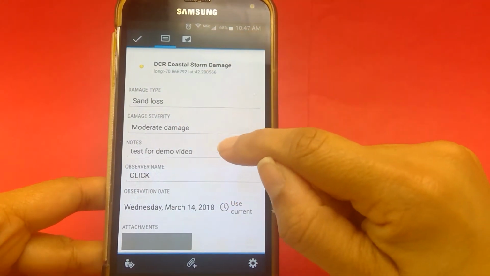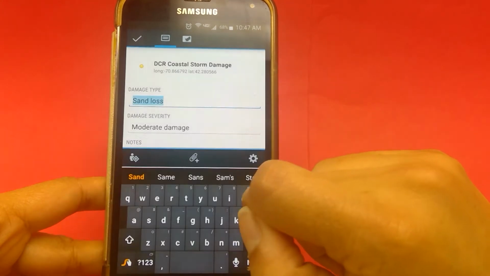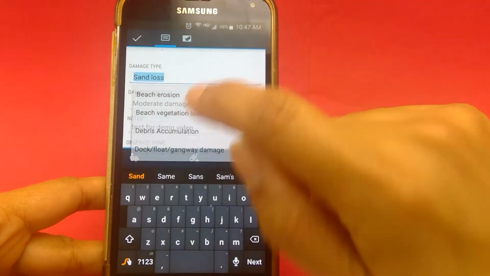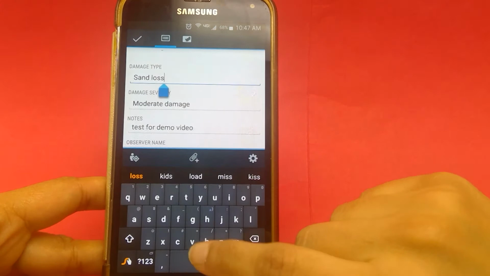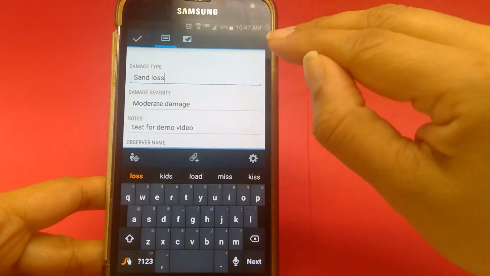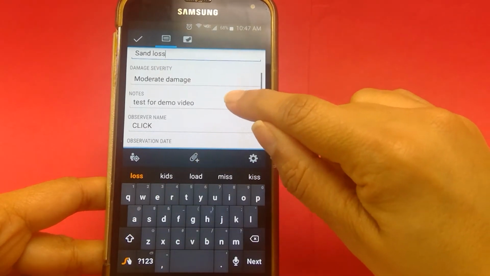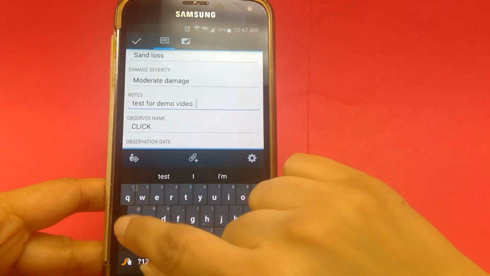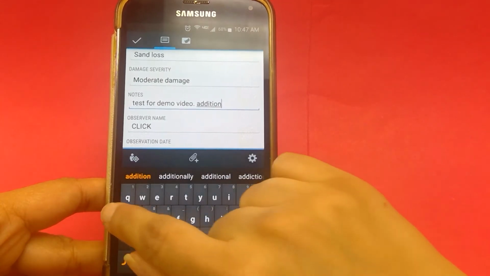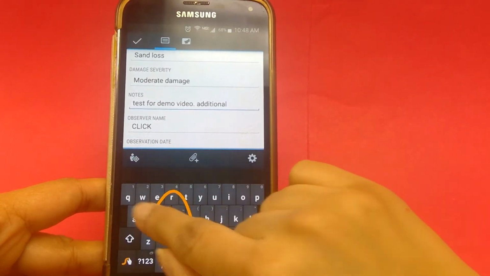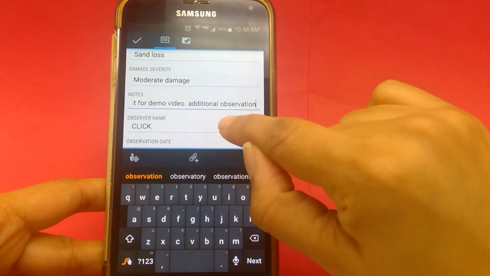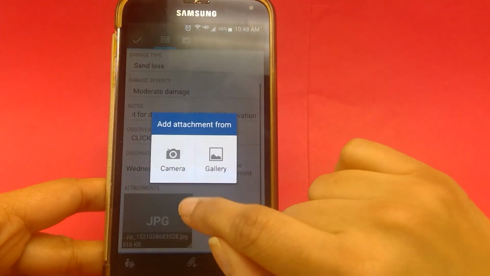it. I might decide to change the damage type. I now have the ability to do that. I can go back in basically and change every single thing that I did when I first added the data. I'm just going to go in here and say additional observation. Once that's done, I might add another picture,